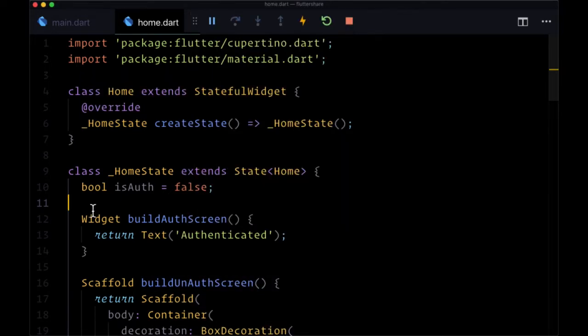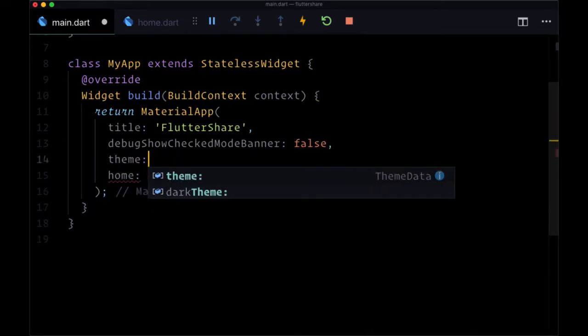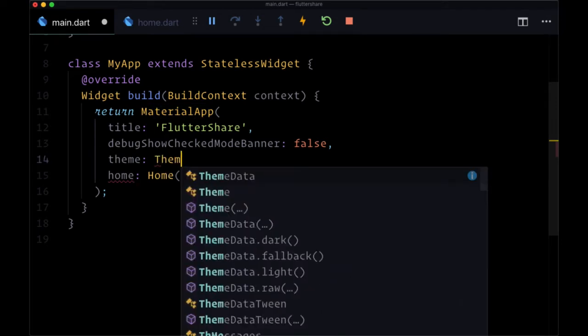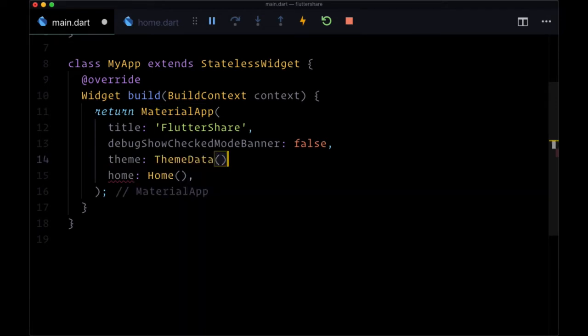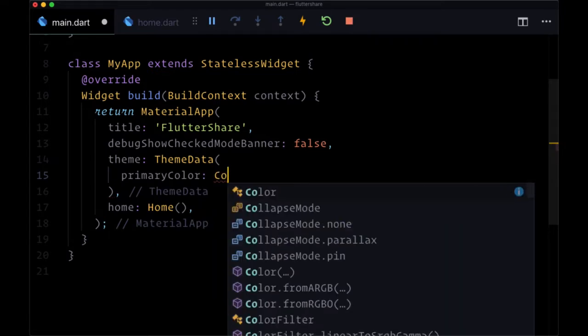Well, it's very simple to do that. We just need to head back to main.dart, and to create a theme, we just need to add the theme argument to MaterialApp, and to create a theme we can use a special class called ThemeData. And there are a number of arguments that we can supply to it. So we can supply, first of all, a primary color value. So in my case I want to make that